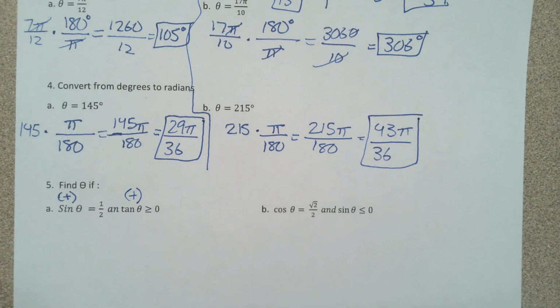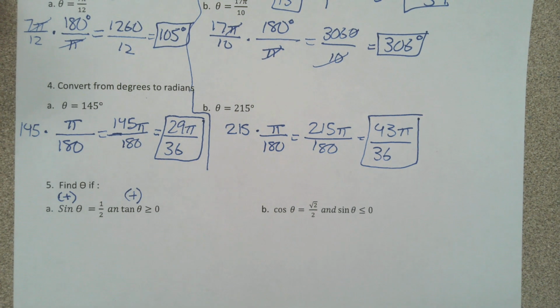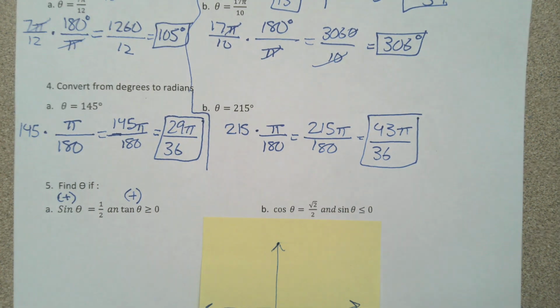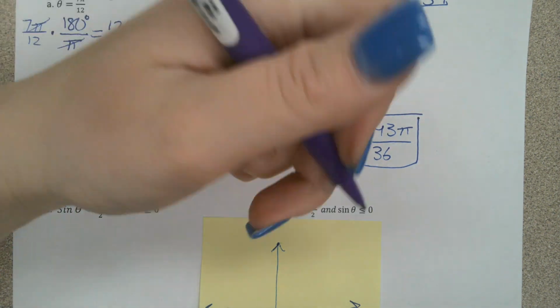Something to remember, a bit of notes. We showed you guys how to remember which of the functions are positive in which quadrants. The point of this information initially is to figure out which quadrant we are in, because obviously it's going to make a big difference on what theta's value is. So we want to find which quadrant. And remember, we showed you our acronym